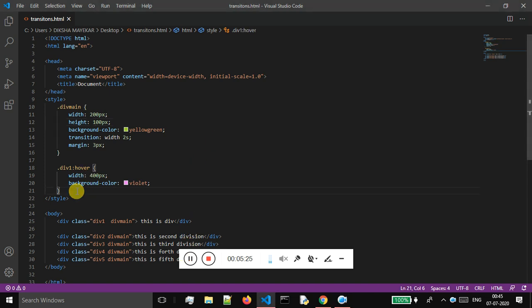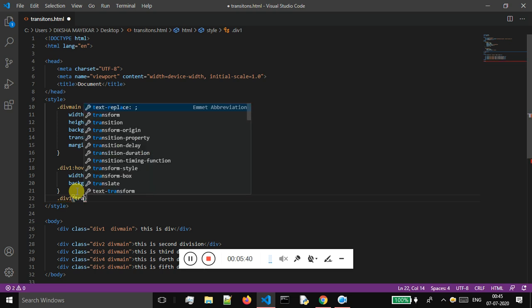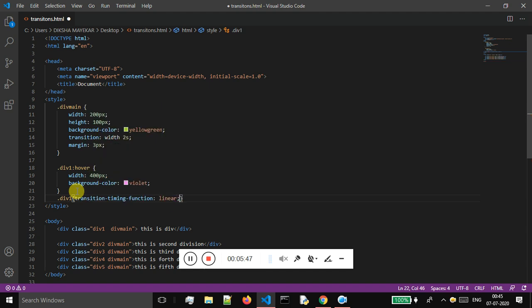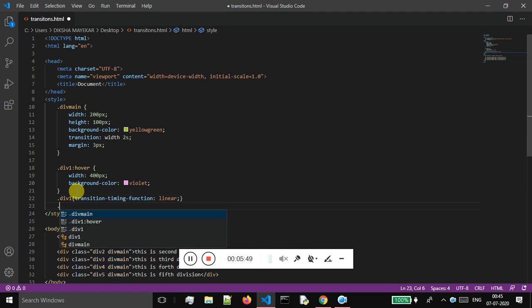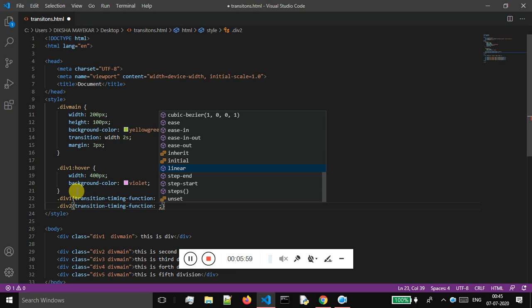Now I'll be introducing you guys to the transition timing function. So first I will show you the value of linear, and I will apply this on the first division, and now I will say transition timing function, and I will give the value as linear, and I will do that very same thing for div2, and I will make use of the transition timing function, and for this I will give the value as